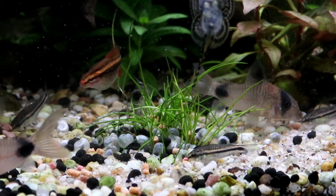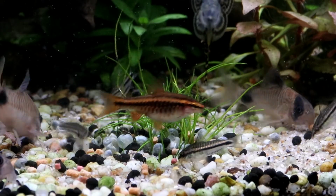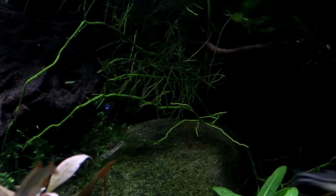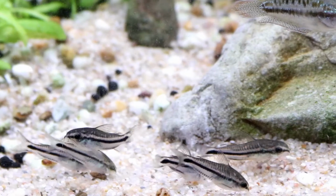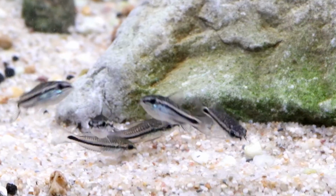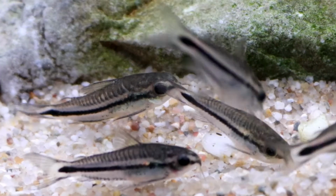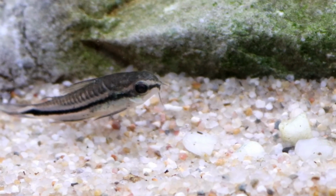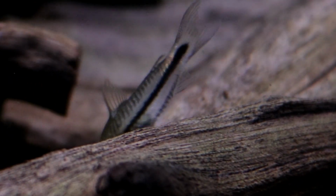They are always busy, always snuffling with that lovely cute little snub face that they've got, and they're especially good if you're looking for either that cute factor or a bottom dweller that's going to stay nice and small if you don't have a huge tank for keeping lots of bigger cories in. They are very hardy once they get established, and they are fairly easy to breed so long as you have some patience. But I hope you've enjoyed this little video all about Pygmy